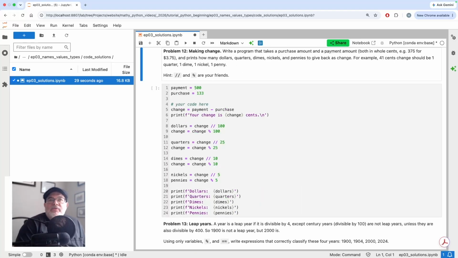Problem 12, make some change given an amount given in cents. It's a very similar process here. So we're given some payment value, some purchase. The change is the payment minus the purchase. I'll print that out. The dollars is the change divided by 100. And then the change is that remainder. And then from that remainder,